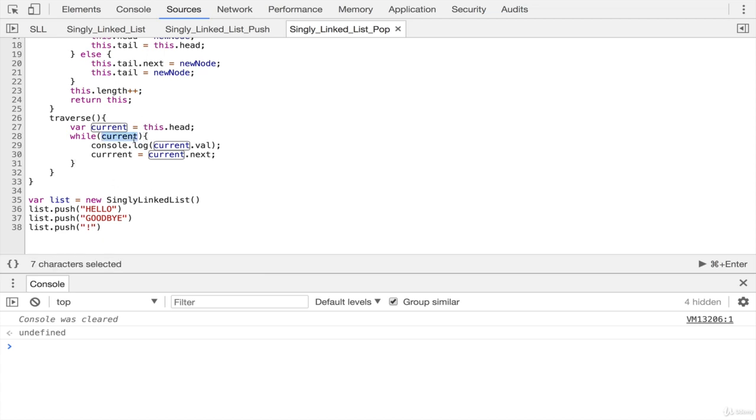It starts over, still true. We print exclamation point. Then we set current to be current.next. There is no next. It's null. So this loop now is done. And if we tried running this,